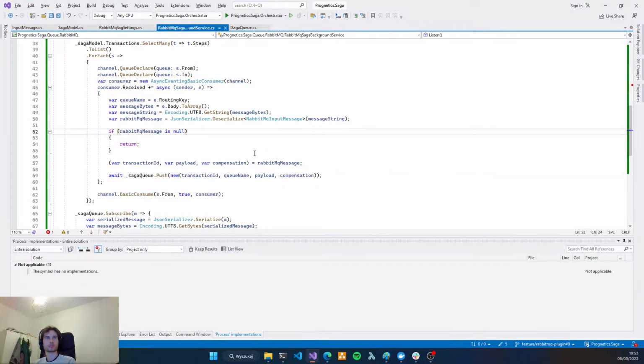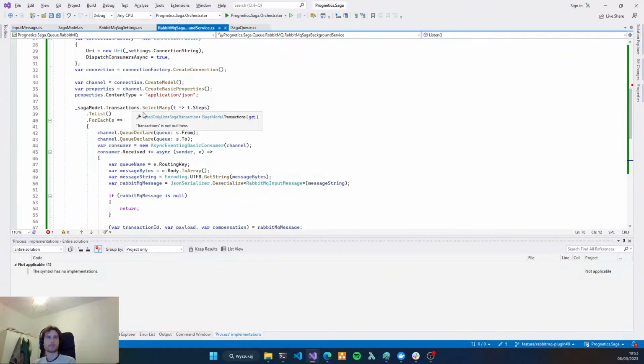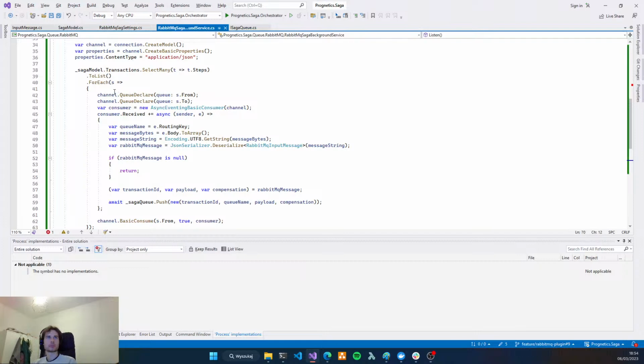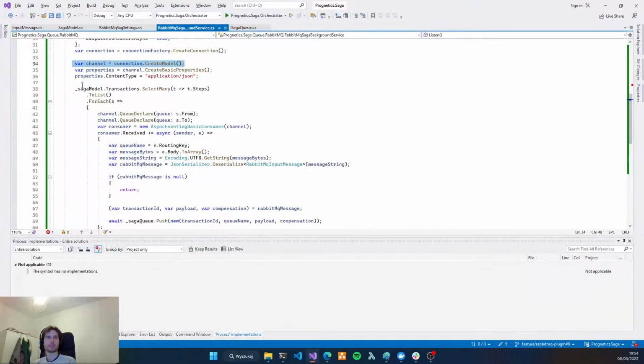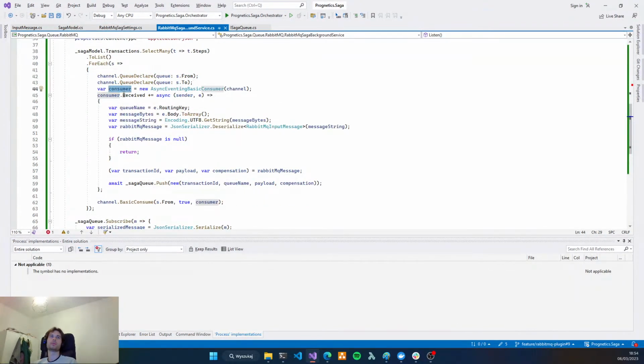So yes, what we want to do next: we created the channel, we created the properties for each transaction, we declared the queues, and we created a consumer for each queue.